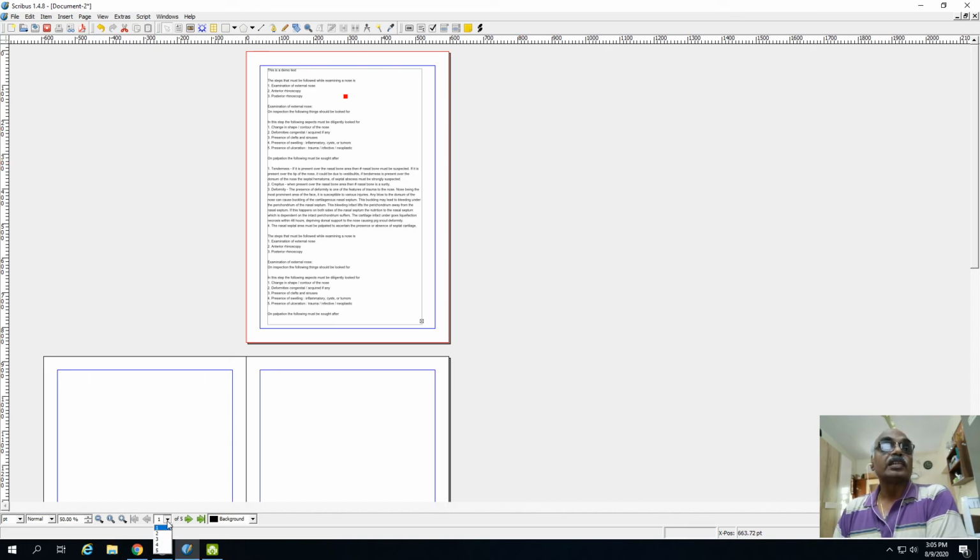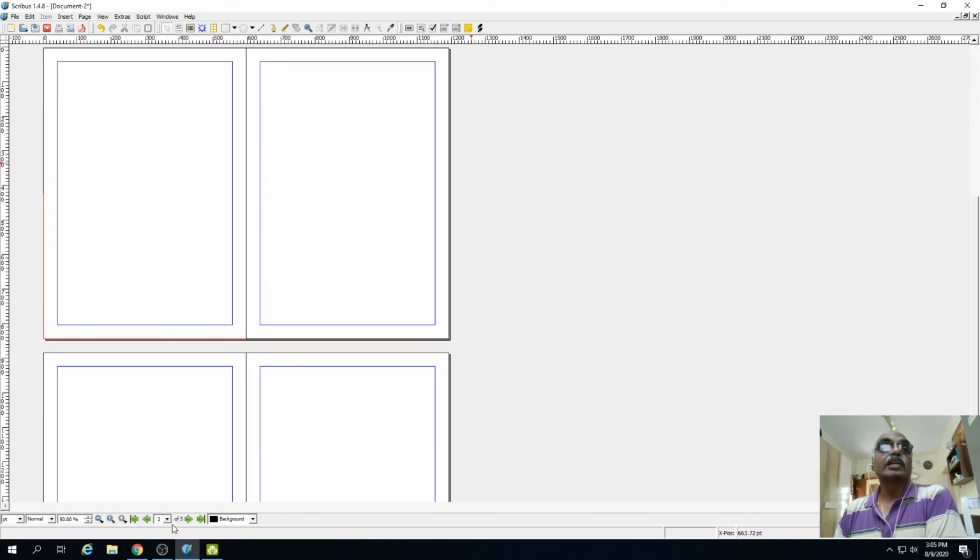And then here, this is the first page we are viewing. If you want to go to the second page, it will take you to the second page. If you go to the third page, it will take you to the third page, and it gives you the numbers till page 5. And then this is the color of the layer. So whenever you are going to type, the letters are going to be in black. Here, this is color management. Now the color management is disabled. If you click to enable the color management, you can enable it, and by clicking again you can disable it.